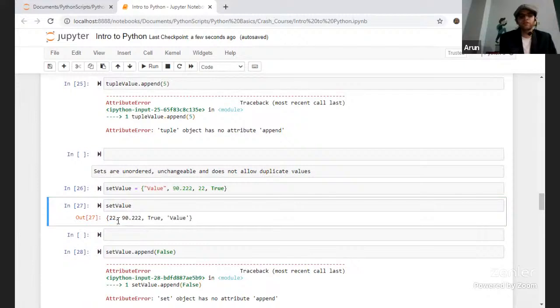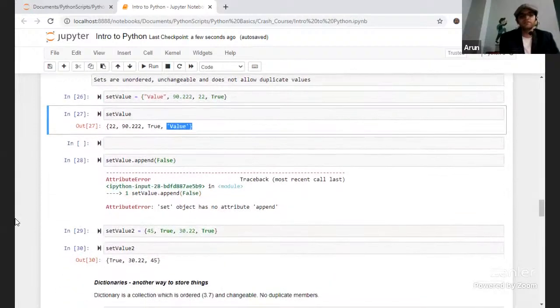Like 222 is the integer, 90.222 is a floating point number. These are the two things which are going to be used extensively throughout the programs in most of the scenarios, right? And true is mostly for assignment, and last will come as a string. So then,